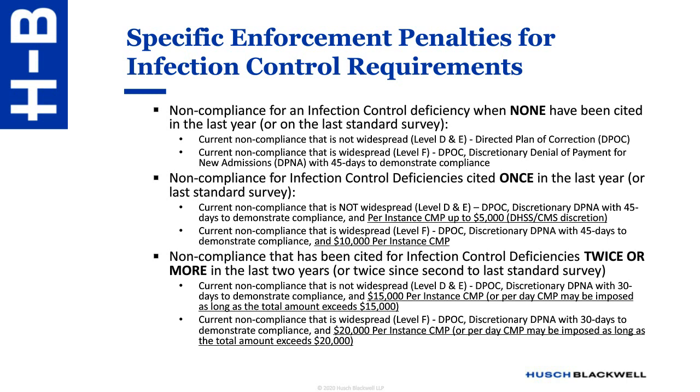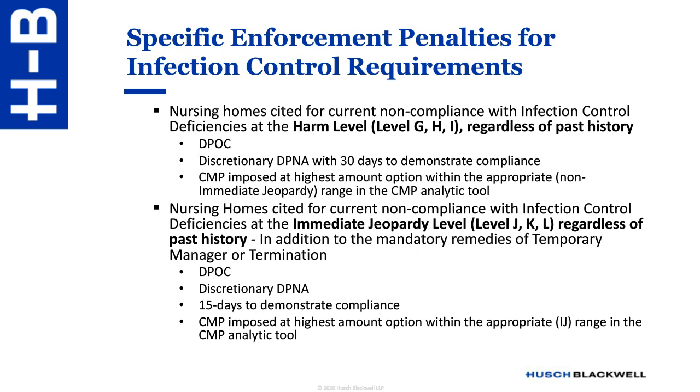If you've had noncompliance that's been cited for infection control deficiencies twice or more in the last 2 years, then the stakes get higher. D and E, it can be a $15,000 per instance CMP or a per day CMP of $15,000. And then at level F, that goes up to $20,000. If the home is cited for current noncompliance and it's an infection control deficiency at the harm level, GH or I,